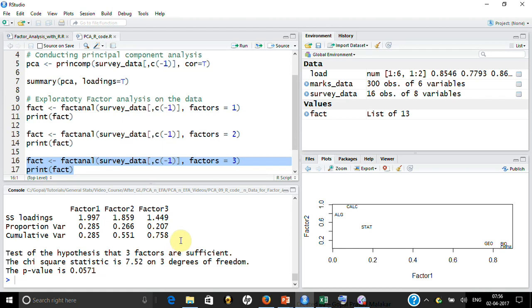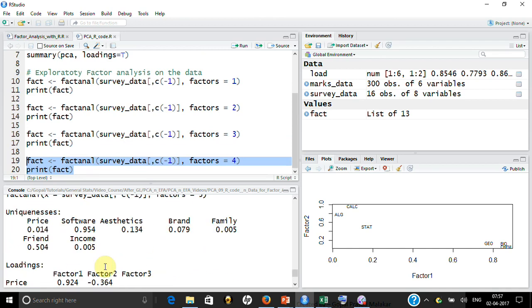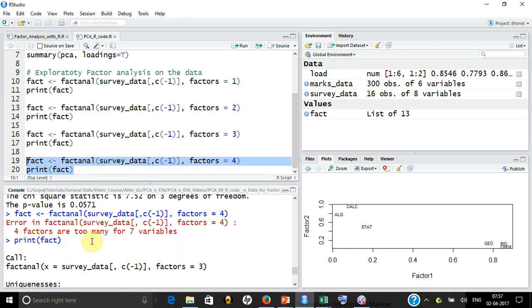So look at 0.0571. For a 16-observation data set, you would like it to be bigger than 0.1. So let's try with one more factor. If you look, it has given the message that 4 factors are too many for 7 variables.